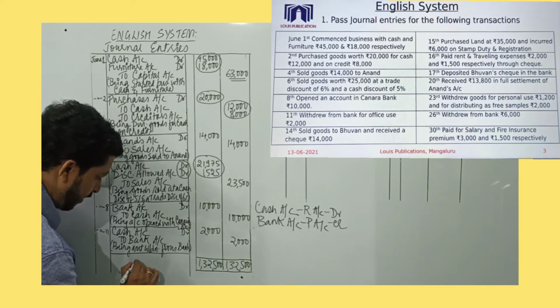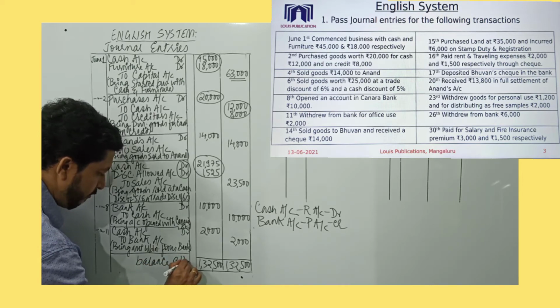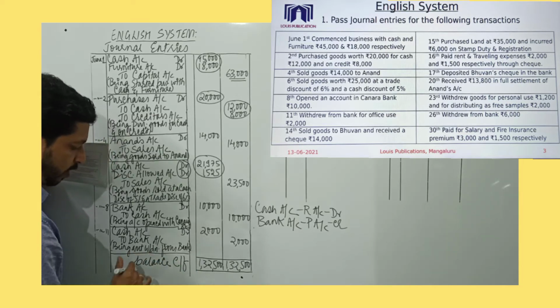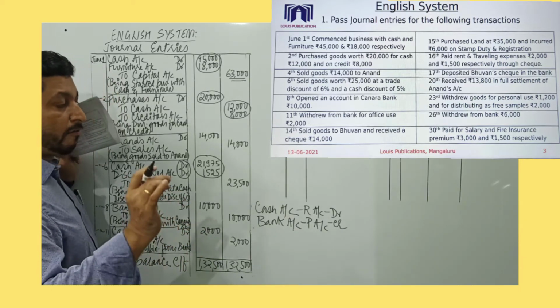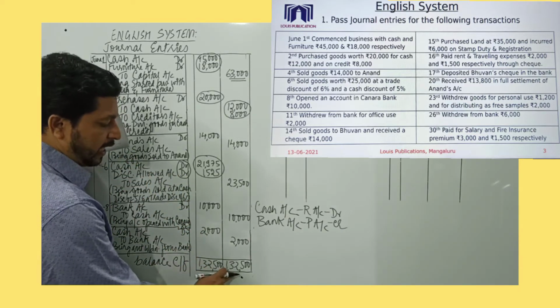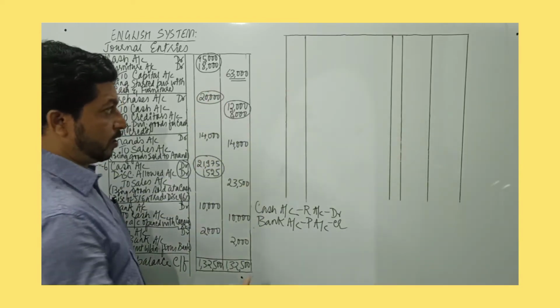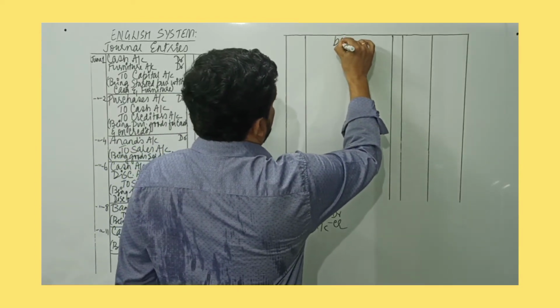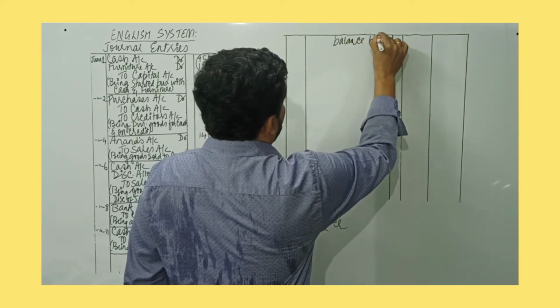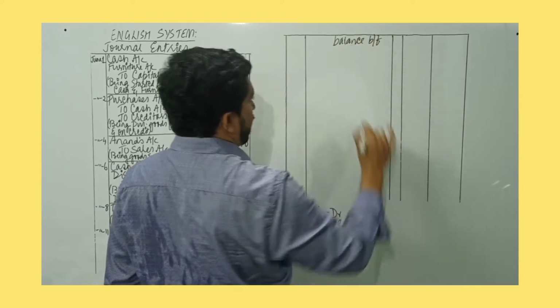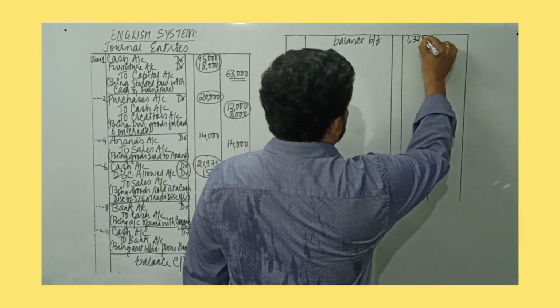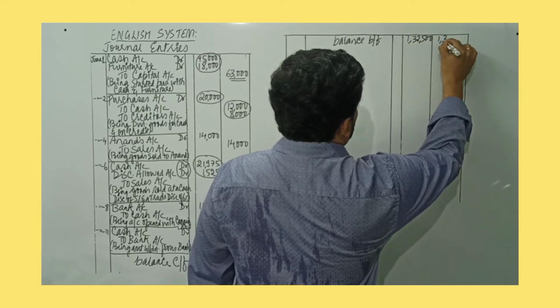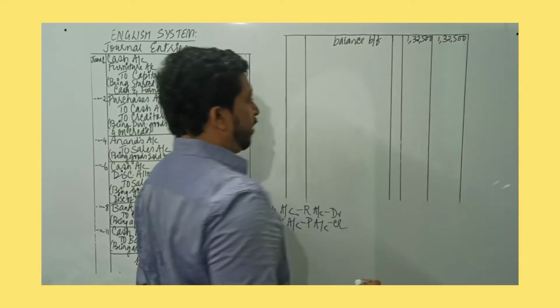So total if you get as 1 lakh 32,500, same number you will get on the debit also. And here we record the words as balance C/F. At the end of the page, we normally record balance C slash F. C slash F stands for balance carried forward. This balance is carried forward to the next page. So when I go to the next page, I first record it as balance brought forward, B slash F. I record balance brought forward, and in both the columns I will record 1,32,500.